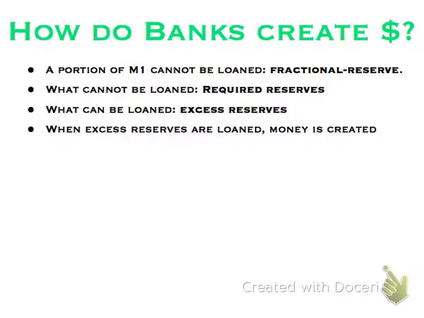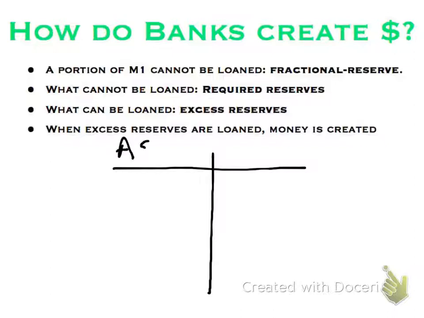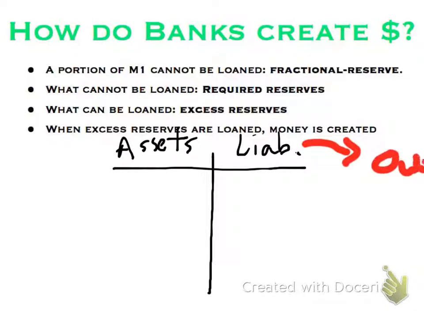So this next part, I'm going to introduce you guys to something called T accounting. T accounting, as you're going to quickly see, looks like this. And over here you put assets. And over here you put liabilities. I'm going to just abbreviate that. That's liabilities. And to be very, very general here, a liability is something you owe.